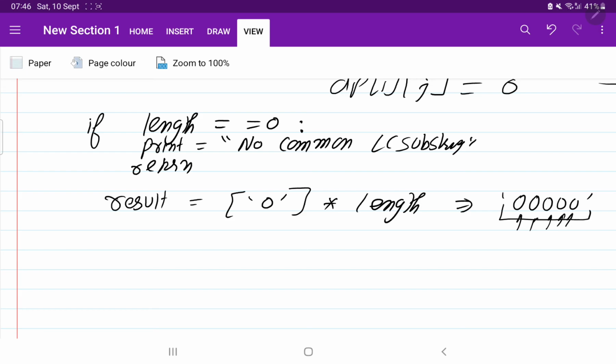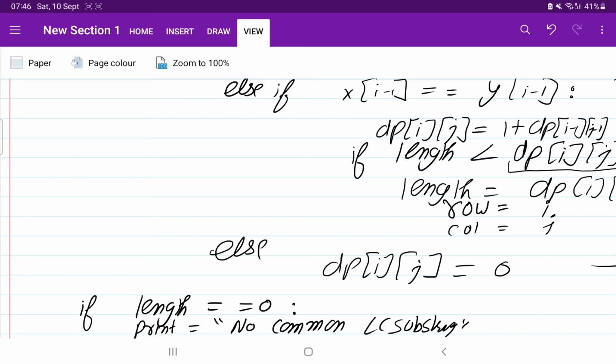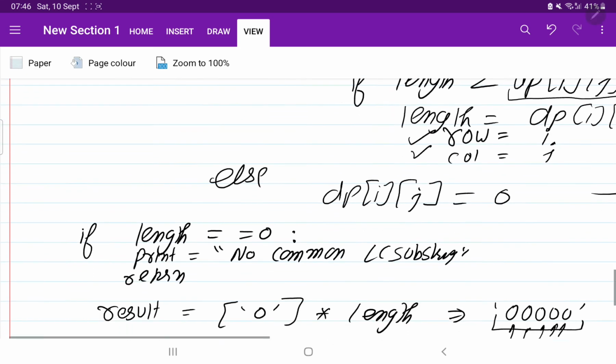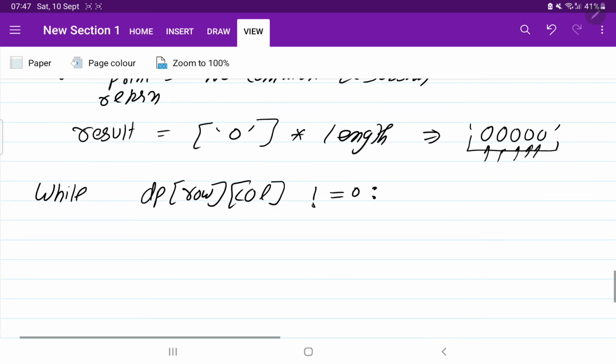Now I am directly going to reach that row and column, because I know from where the longest common substring starts, since we updated the row and column as soon as it was equal. So with the help of a while loop, I am going to start from that dp of row and column, and traverse in the backward direction until they become 0.